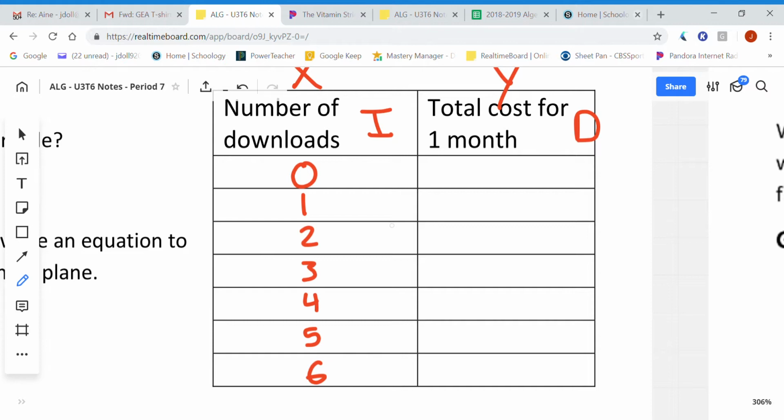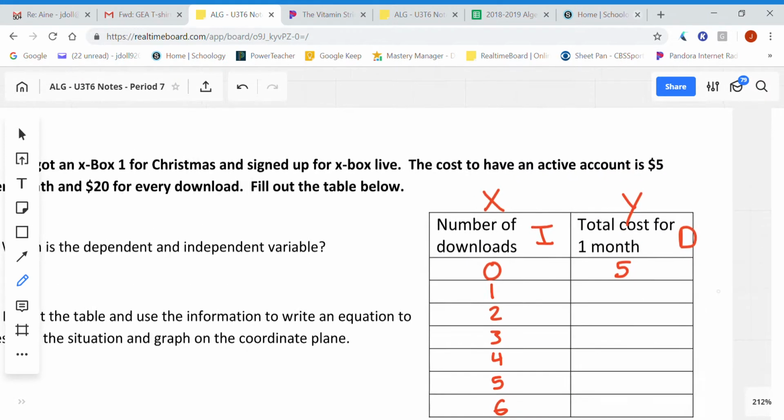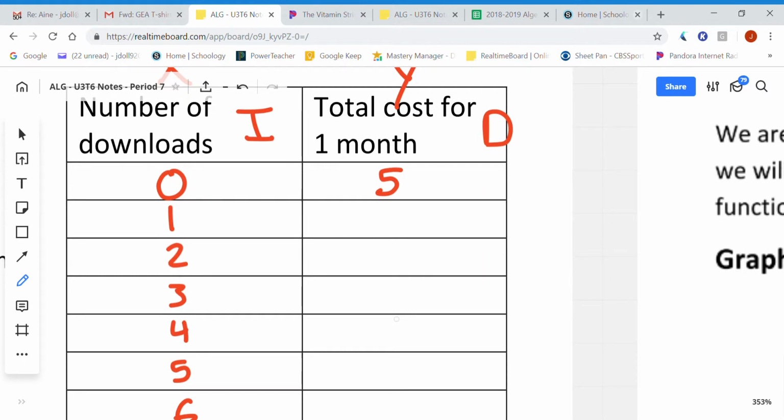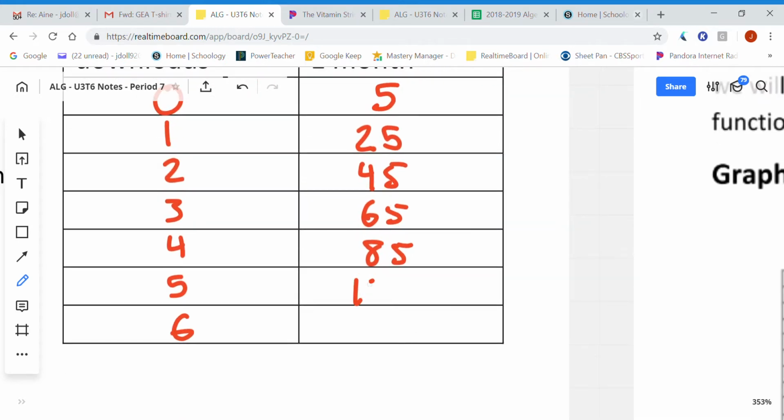The total cost for 0 downloads would actually be $5. Remember, as we look up here, you have to pay $5 every month to keep your account active. Even if you don't download any video games at a cost of $20 per video game, you still have a $5 charge that you have to account for. Now, once I start downloading video games, I need to increase the total cost by $20 per download. So for one video game, I'd be at $25. For 2 video games, $45, $65, $85, $105, and